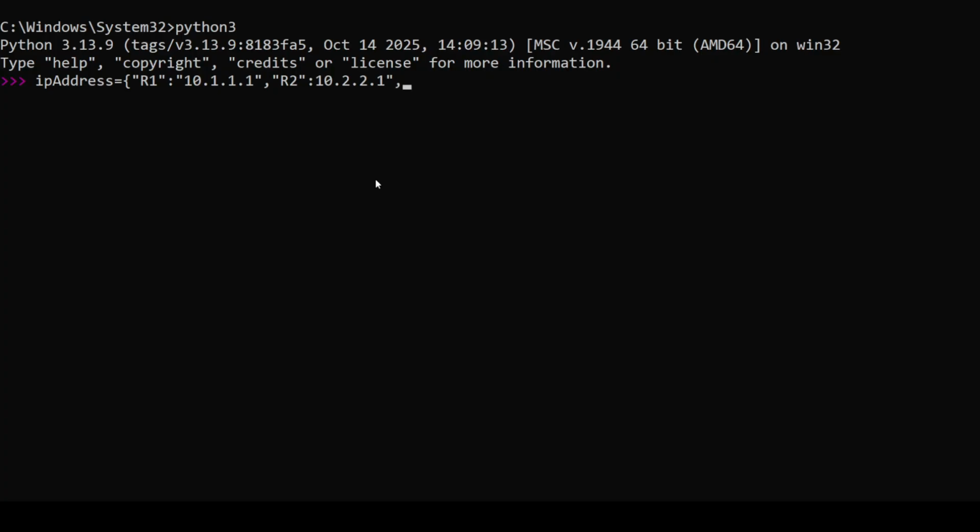And then R3, its value 10.3.3.1. So all the keys and values are enclosed in single or double inverted commas, and